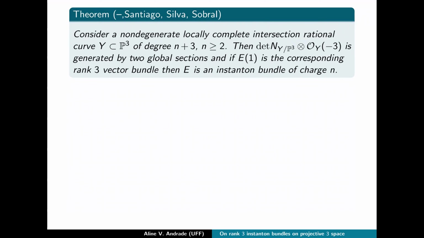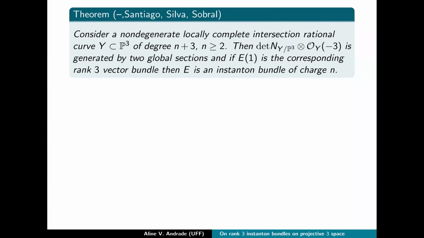So the first result that we have in this direction is the following. Consider a non-degenerate locally complete intersection rational curve Y on P3 of degree n plus 3, with n greater than or equal to